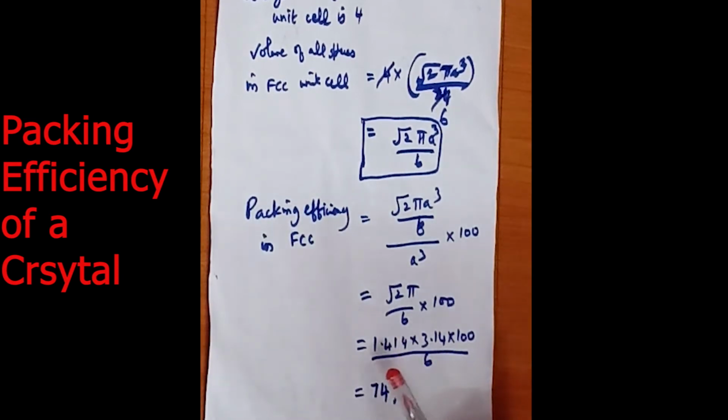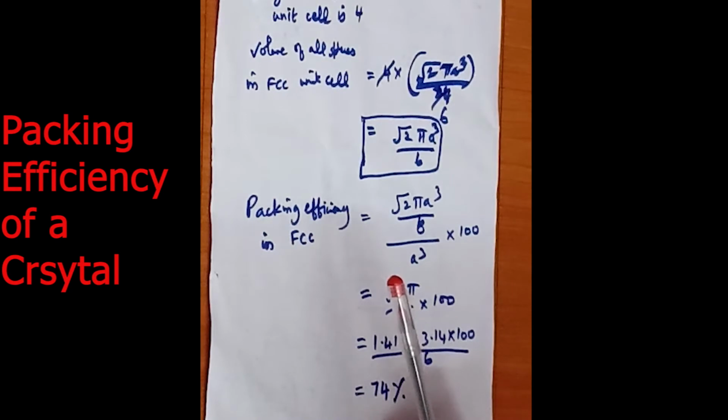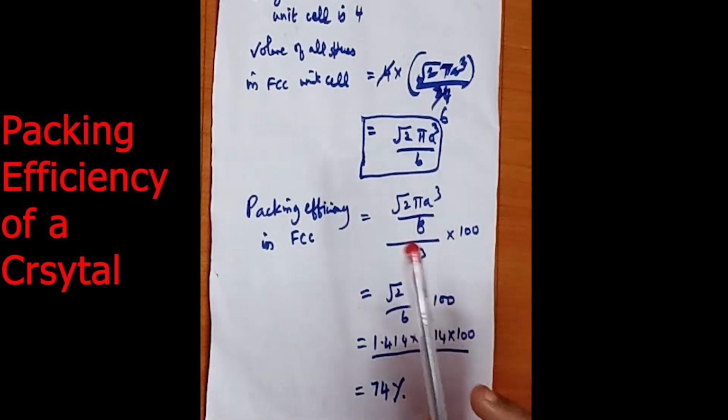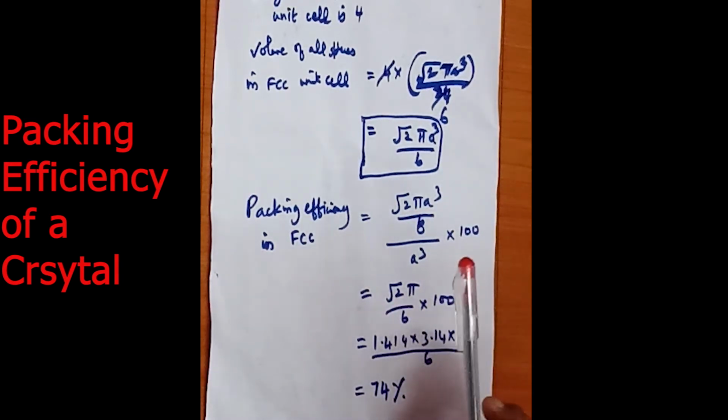So far we have seen what is packing efficiency or packing fraction, and we have determined the packing efficiency for a simple cube, body-centered cube, and for face-centered cube. Most important question: out of the 3 cubes, you have to study all the 3 types of cube, and the most important one is you will be asked like this: determine the packing efficiency of a body-centered cube. They ask often. It is an important question.